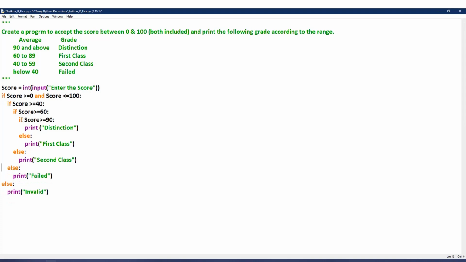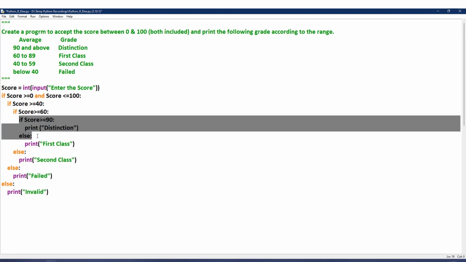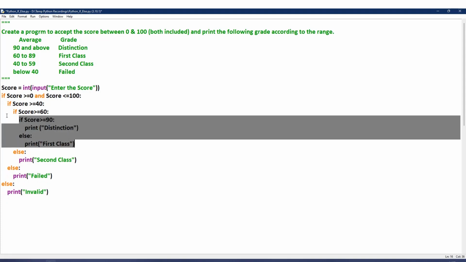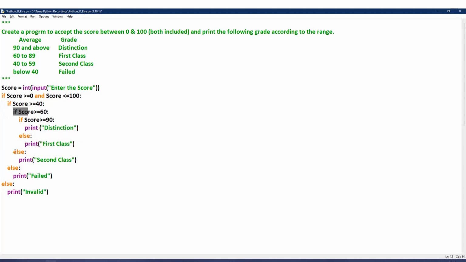See this? This is the innermost if-else part. This if matches with this else, this if matches with this, and this if matches with this. Now our program is ready.